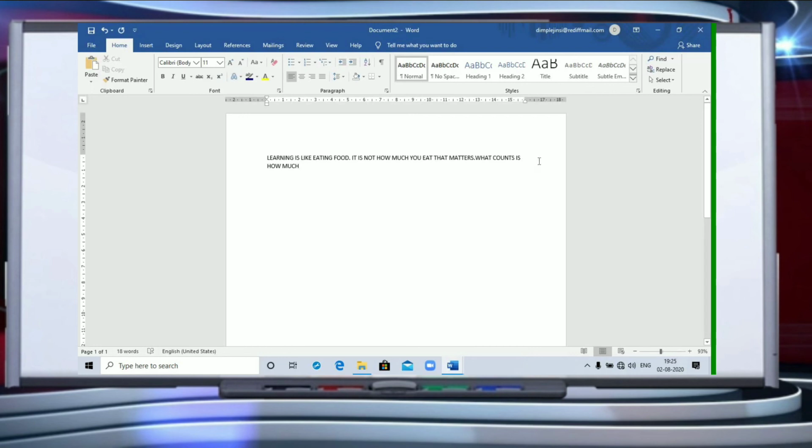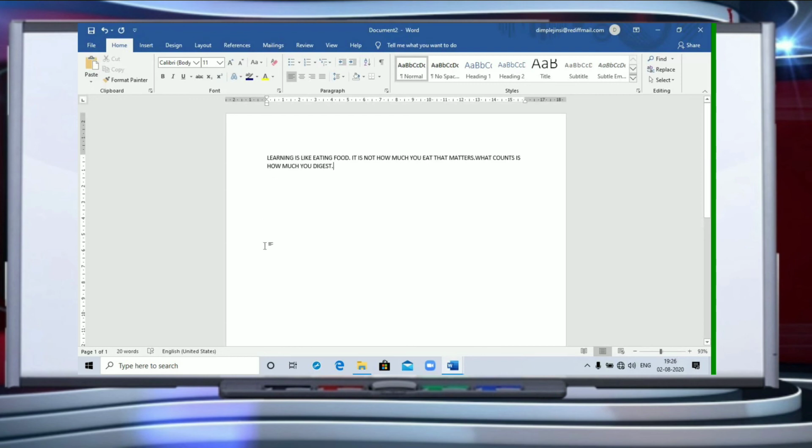I was typing, and when it reached the end of the line, it automatically moved on to the next line. I did not do anything. Whatever you type in Microsoft Word, you keep on typing, and it is going to move on to the next lines automatically. So this is just how we can type.